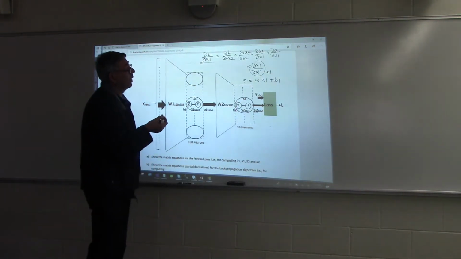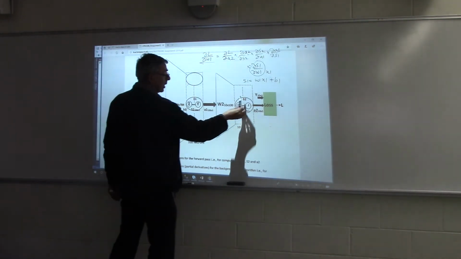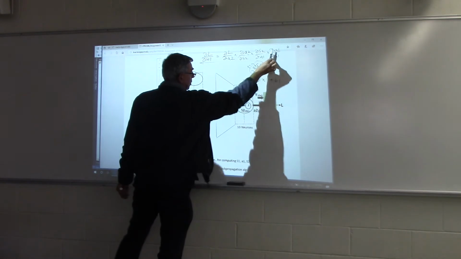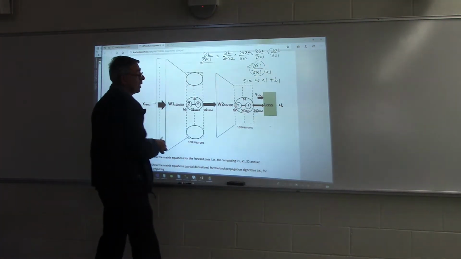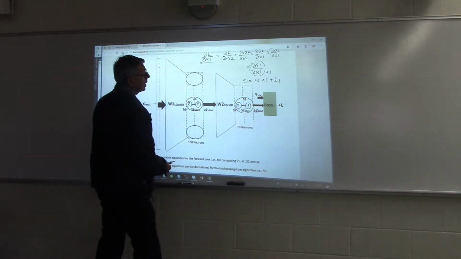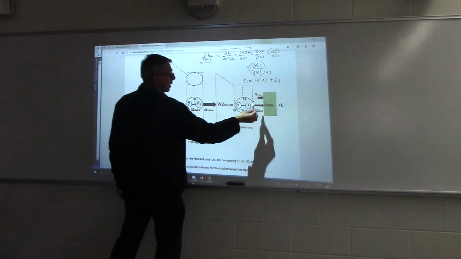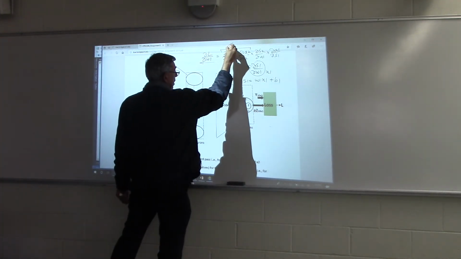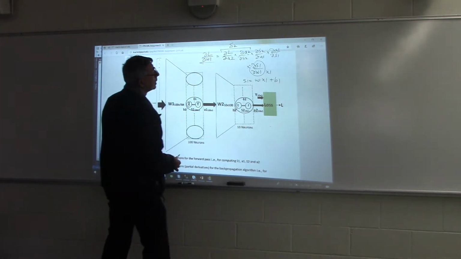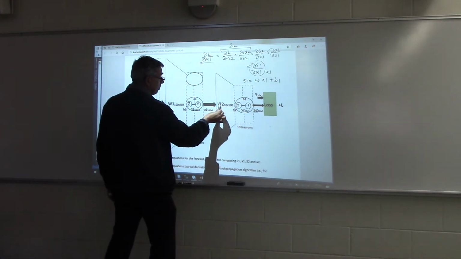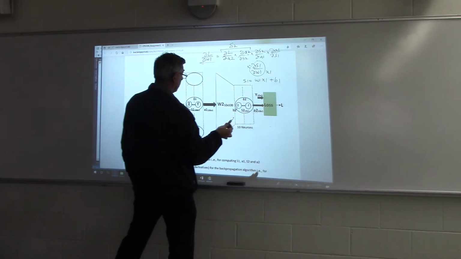So now to make our things easier, this is where we come up with the concept of delta. Even though technically you don't need it, you can just go up to any point and write the whole chain of derivatives. But if we do it in terms of delta, right? So for example, what is this quantity over here? Delta 2. That's delta 2. Okay, so then once we have the delta 2, if we multiply by W2,